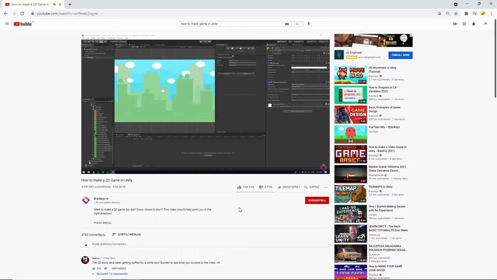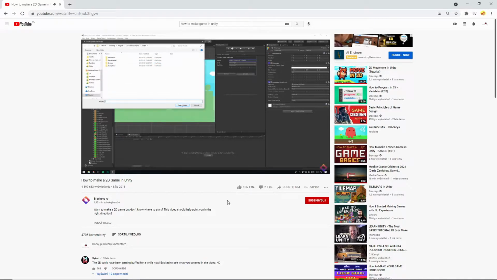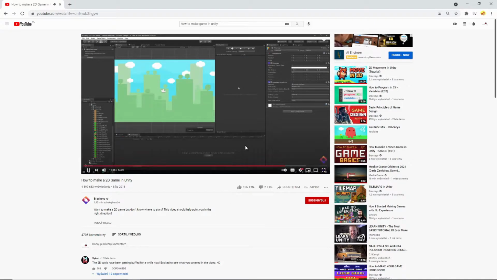So I'm going to create a new palette here. Let's just name it something like grass platform palette. I'm going to hit create and I'm just going to store it in the base folder here. So hit select folder. And now we can simply drag sprites in here in order to add them